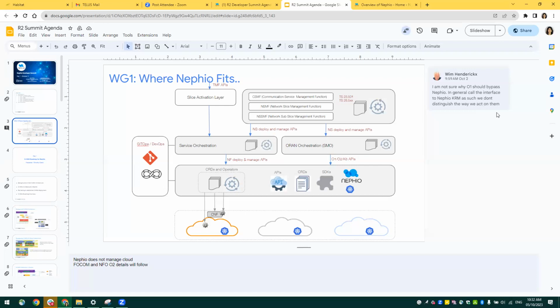So I was asking them, what is the purpose of the ORAN Alliance introducing two new blocks, NFO and FOCOM, for something that already existed in the industry in other forms? Why didn't they reuse the existing components? If I have to reduce the amount of tooling with the vendors and create a horizontal stack of the orchestration ecosystem, I would not like to introduce a brand new SMO, because the new things are really the RIC and the other functions that are very relevant to ORAN. But the VNF managers, the NFVOs, and the cloud configuration, we are doing in the service orchestration layer as well. So you are 100% right.